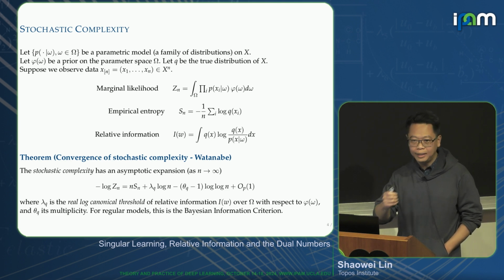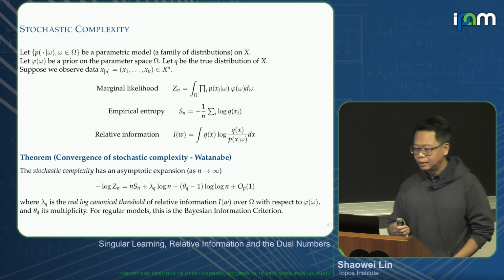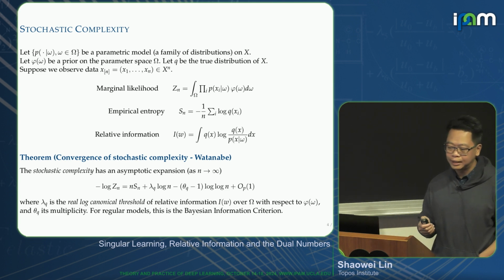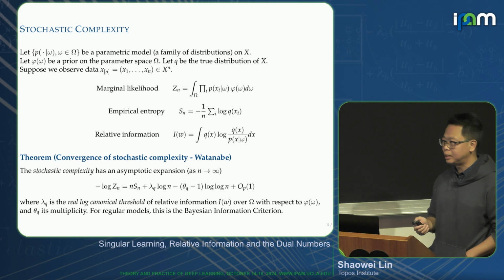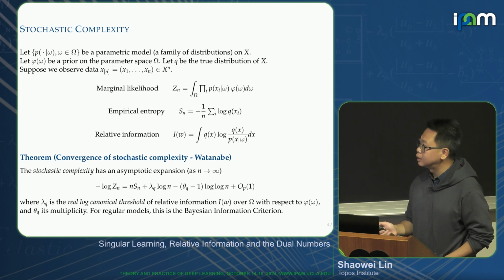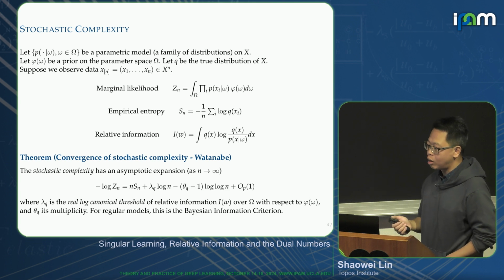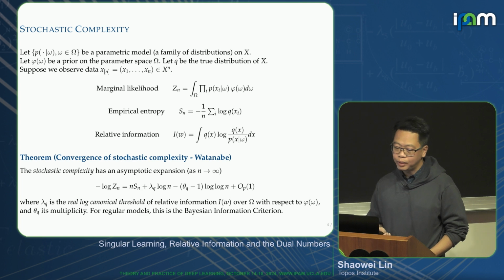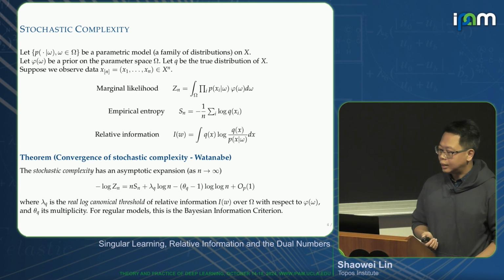So let's jump right into the meat of singular learning. I'm going to talk about the convergence of stochastic complexity, one of the key results in Watanabe's textbook on singular learning. So we start with a parametric model, P(x|ω), and suppose we have a prior φ, and suppose